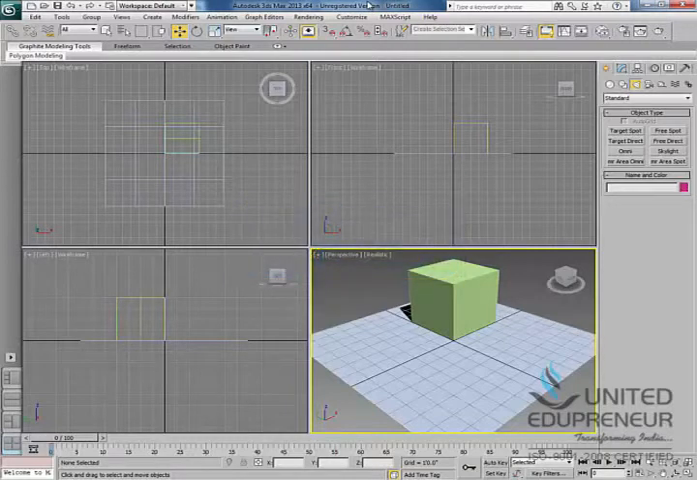Welcome friends. In this tutorial we will be learning about lightings in 3ds Max. Lighting is one of the most important parts in modeling. Right now we have default lighting. To check it,